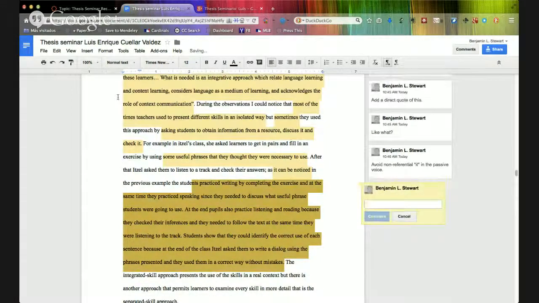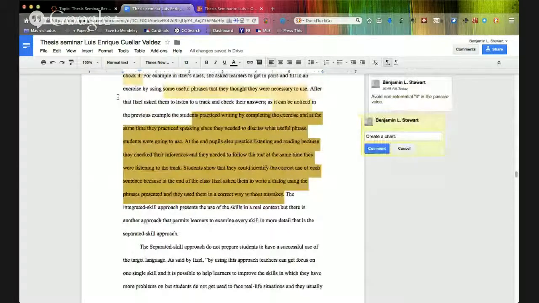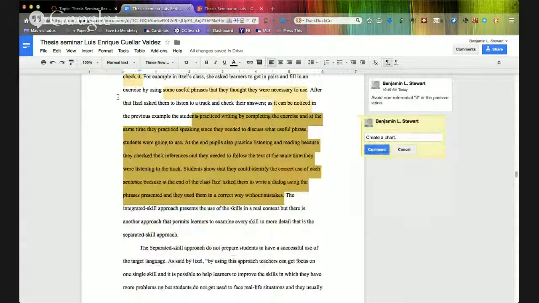All of this discussion, maybe you create a chart where you itemize all of these things that you're saying here. Because you're going into a lot of detail and it's starting to get hard to follow, and you've got all these words in this long paragraph, and there's really not much discussion after this. So you can cut back the words here, create a chart, and then talk about the chart, discuss the chart.